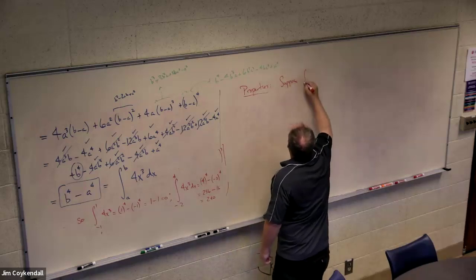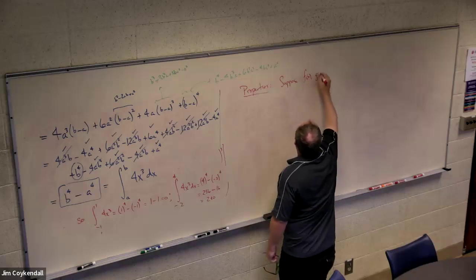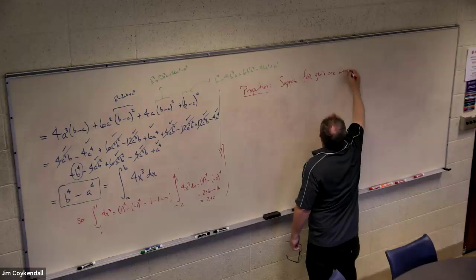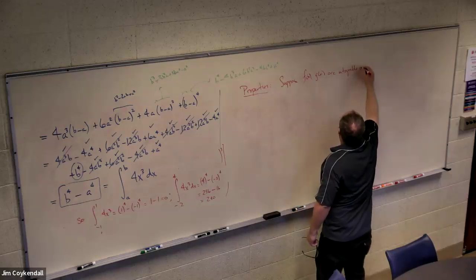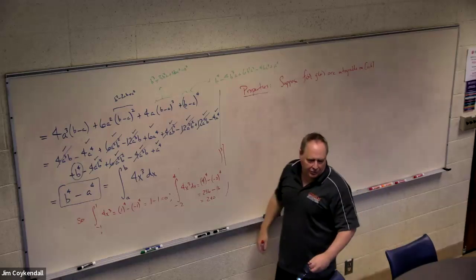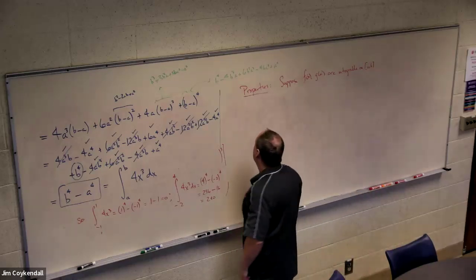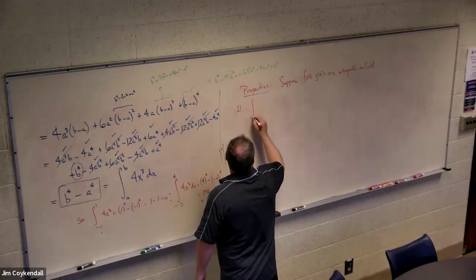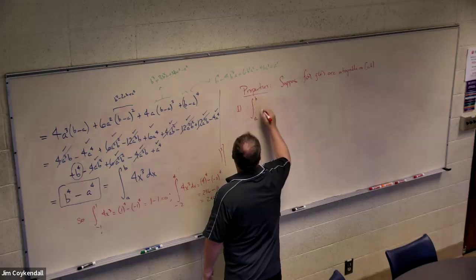Suppose f of x and g of x are integrable. Then number one, the integral from a to b